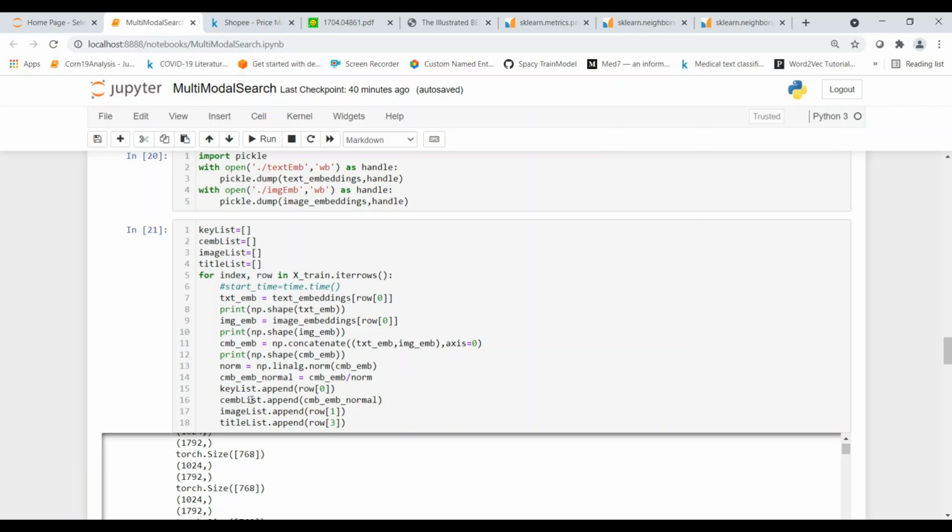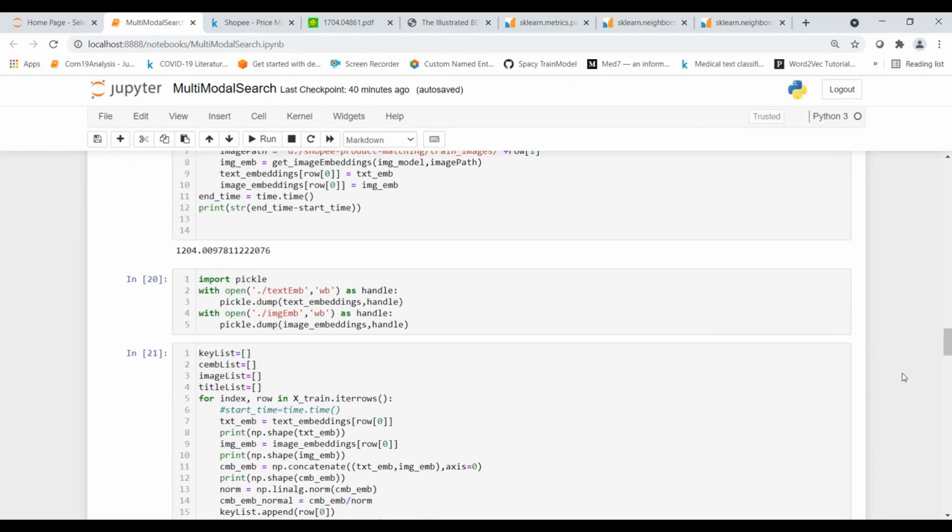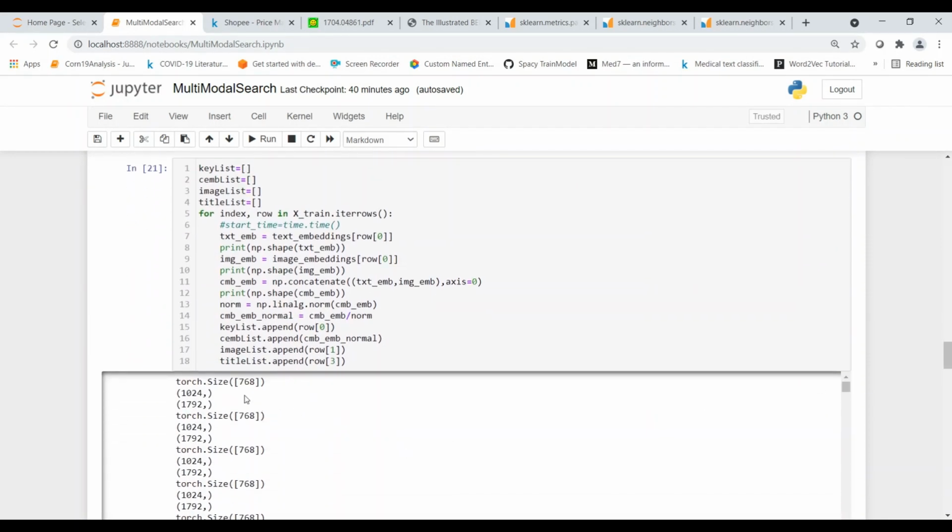So now we have a set of lists over here. One is our key list, which is about the posting ID. Then we have our image list where the image is present, a title list where title is present, and then we have our combined embeddings list. If you look at the shapes of our image embeddings and text embeddings, text is sentence level BERT, so you have 768 as the size of a text embedding at a sentence level.